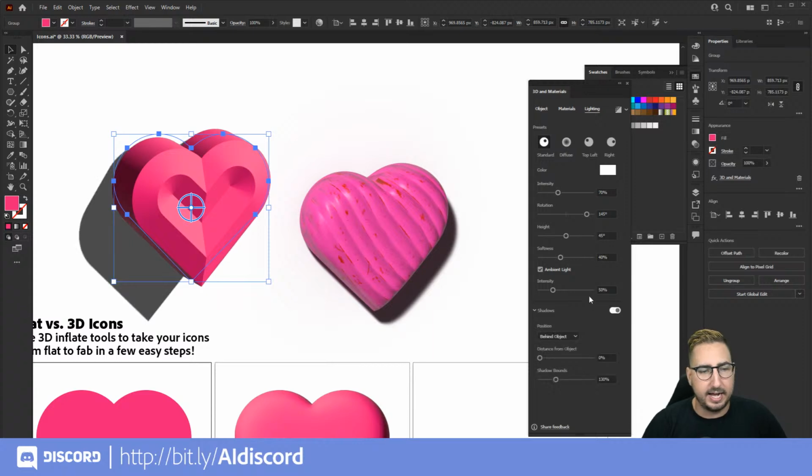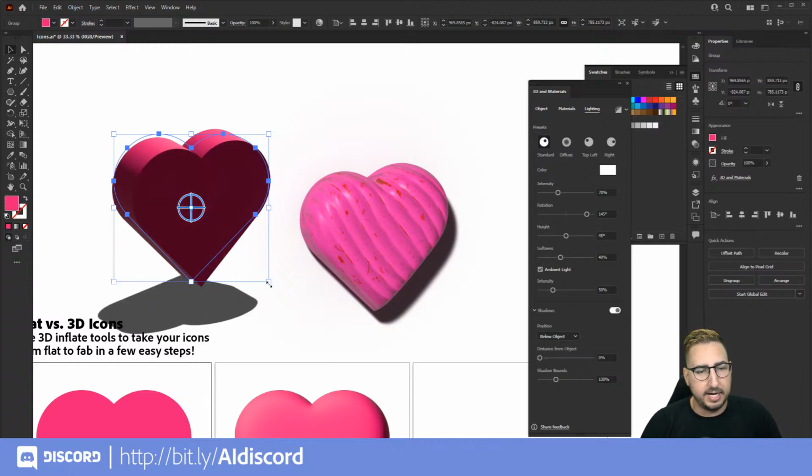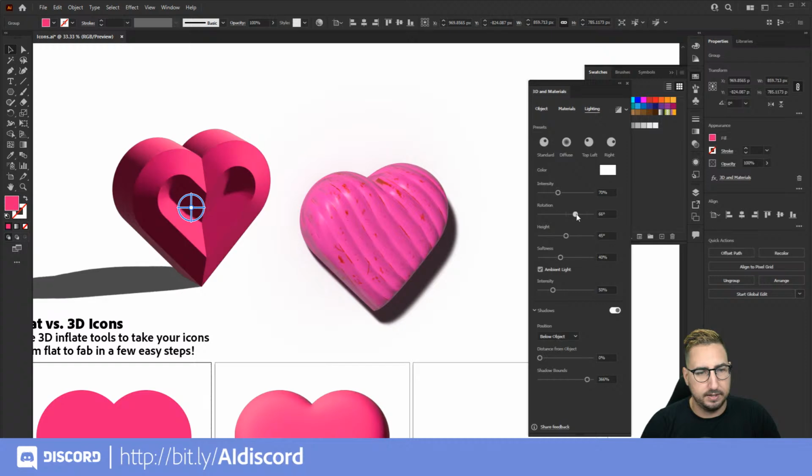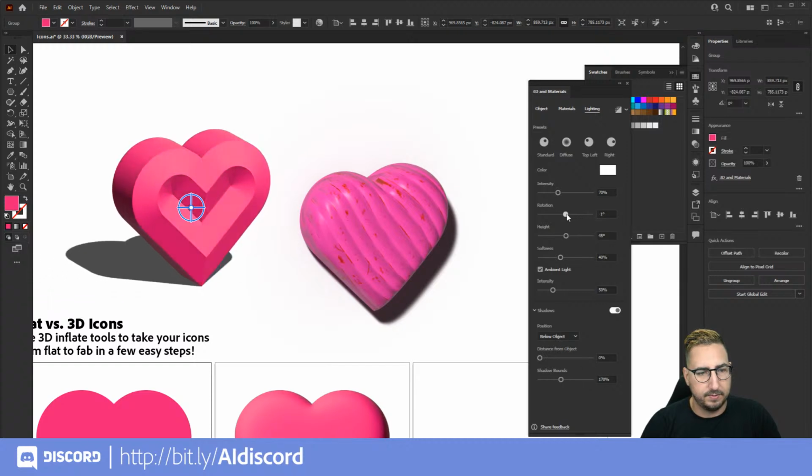And then we also can add shadows. So the shadow is going to make it look like it is kind of up against a wall, which I really like. And we can do below object, and that will make it look like it's floating. So if I want the lighting to still be, let's go ahead and rotate it right there. We want it to look like it's kind of floating, and maybe change the distance down. Actually, that's fine. All right, so we'll increase those,